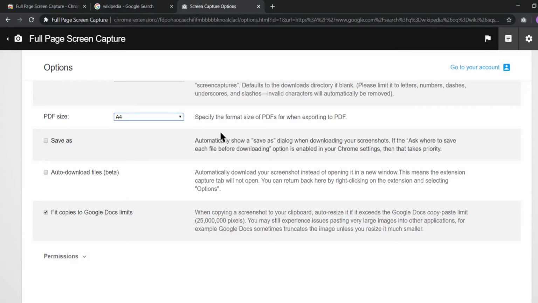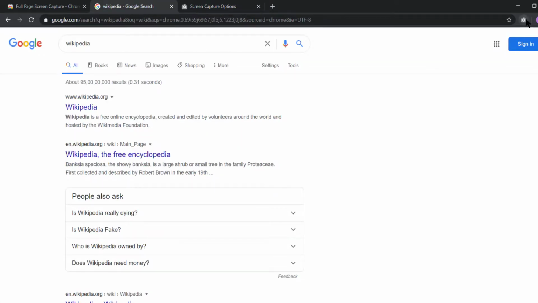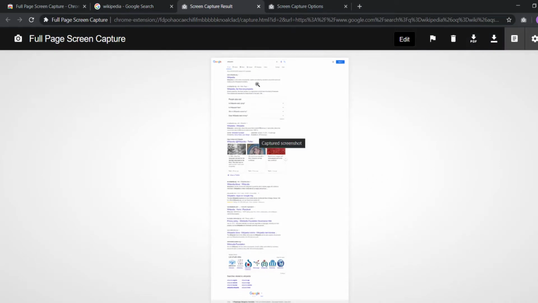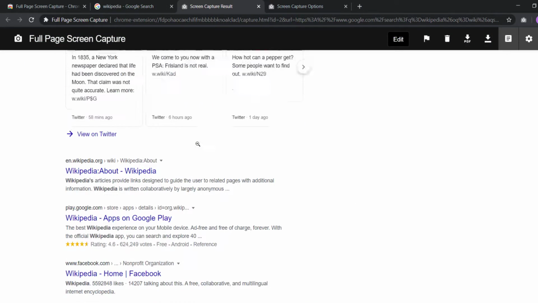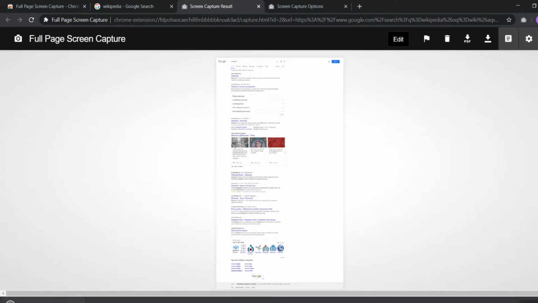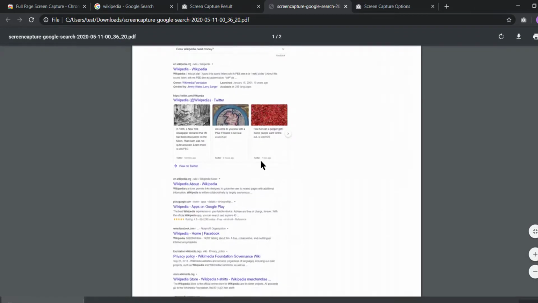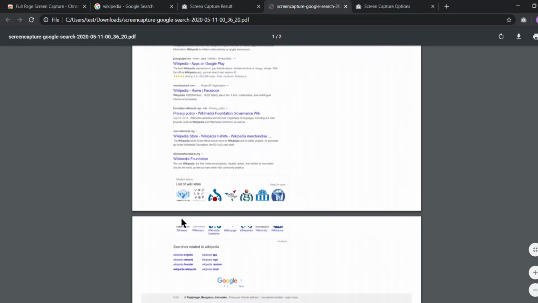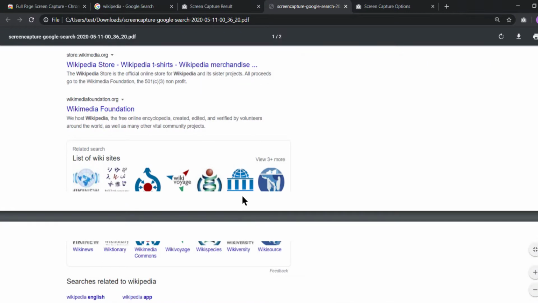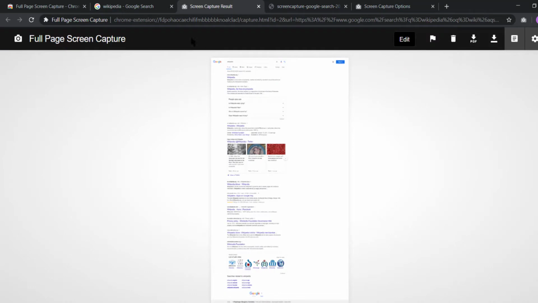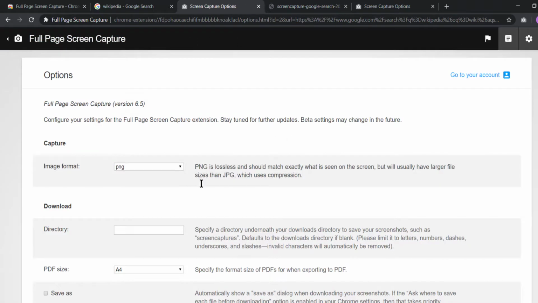First, we're going to try A4 and go back to Wikipedia and take a screenshot again. Now this is going to get converted to an A4 format. Now, one of the good things is it got downloaded. Let's just convert it to PDF. Yeah, this is the one. So as you can see, this is converted to the A4 format. And now this part is still cut off. So as I told you, the images do not come out perfectly. So this is a problem that you might come across. Now to prevent this from happening, let's try another format and see if that works fine.